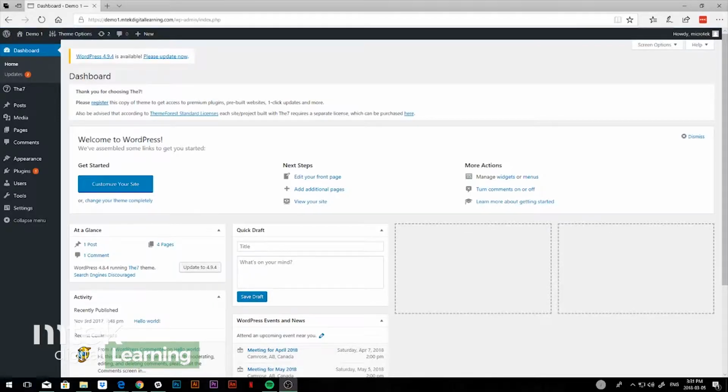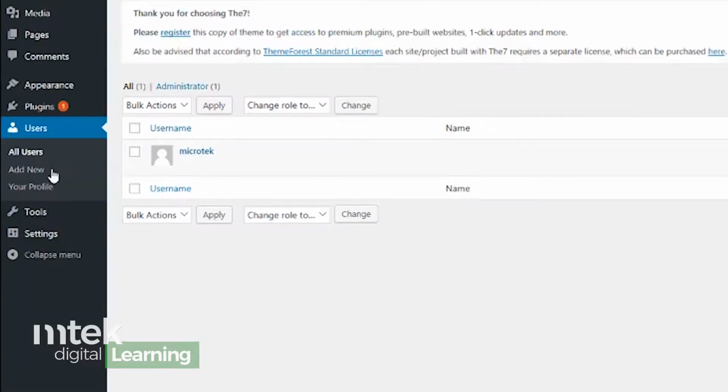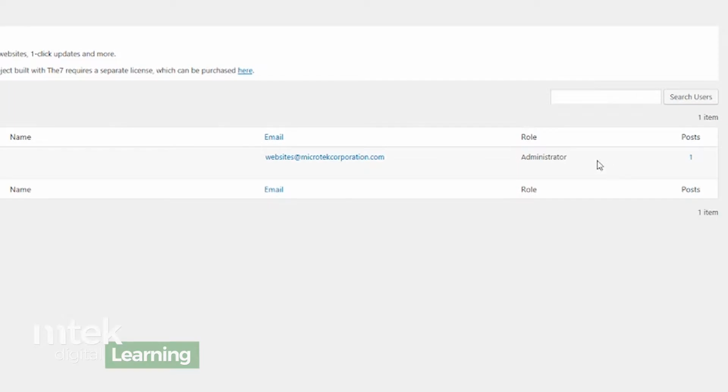So as the topic of the day, we are looking at how to manage the users that are given access to your website. And you might want to give them different access levels. So as we're logged into WordPress here on the left, we can see that there's a tab called Users. And if we click on this, it is going to take us to the list of people who have access and roles within your website. Now, currently we only have one user in our website, and this is by default the account that created this website. So you can see this is an administrator.